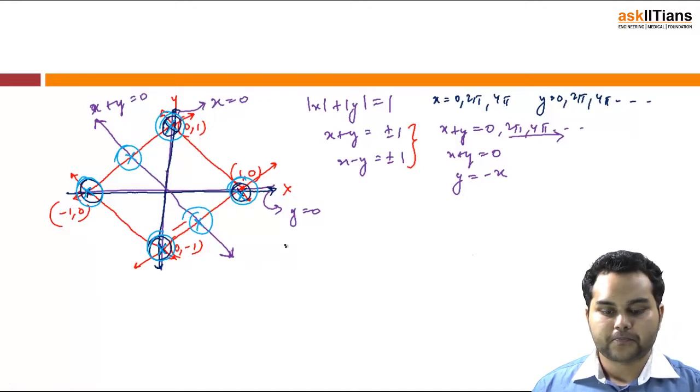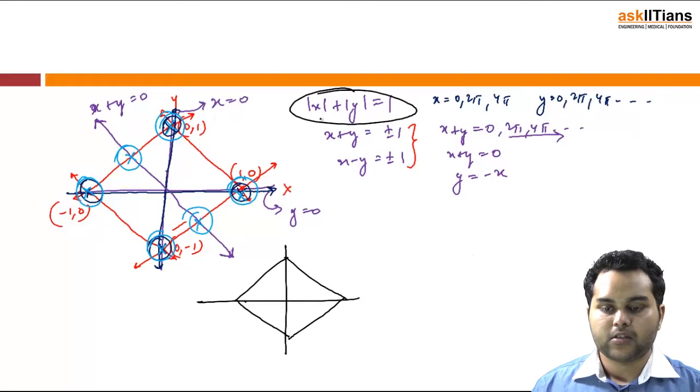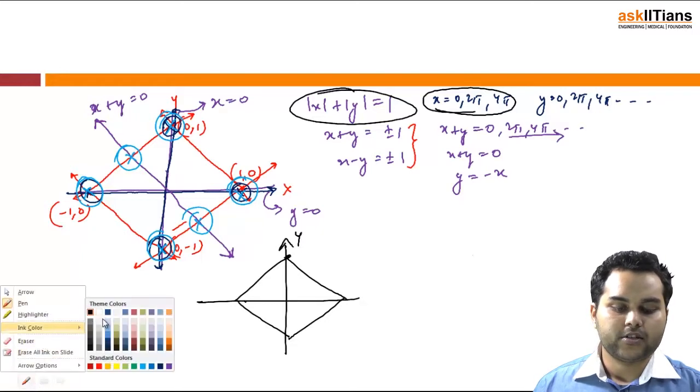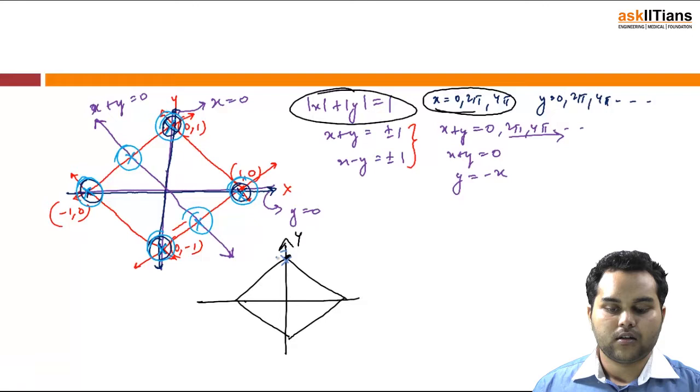So basically if I try to sum up this question at once, all I had was this basic structure that was defined by mod x plus mod y is equal to 1. This was the structure that was given to me. After this, the next set of equation or the next solution I had was x is equal to 0, which was defined by the vertical y-axis. So that gave me 2 points of intersection of the two equalities, these. Then the next was y equal to 0, which was the x-axis,